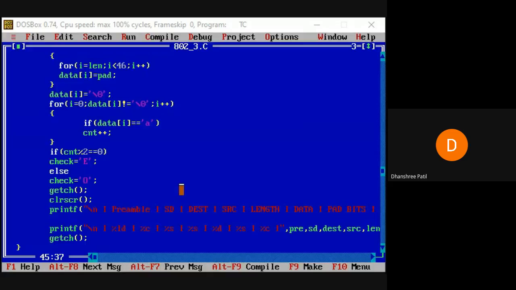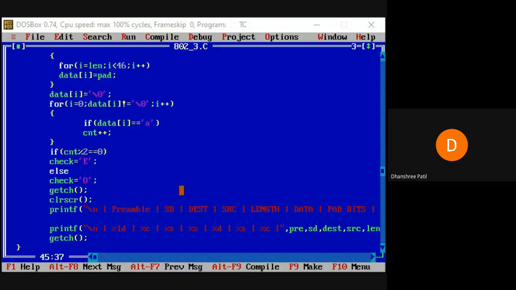Yes, Pallavi, am I audible? Okay. Why we use flush all? As I told you, flush all is a function which clears the memory every time. Now what happens if we don't use this flush all function?